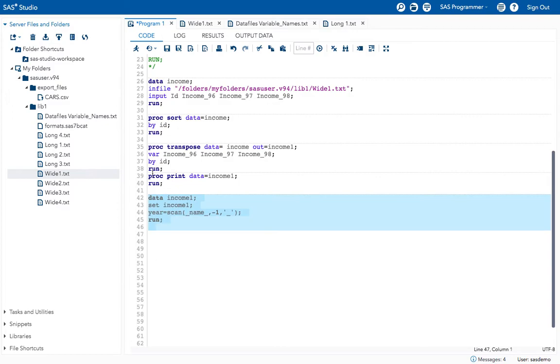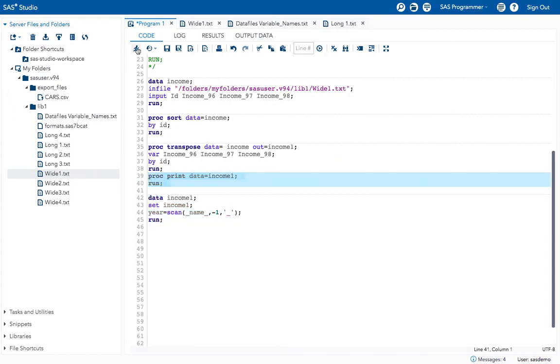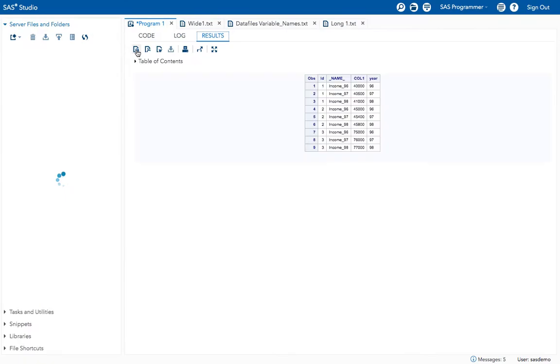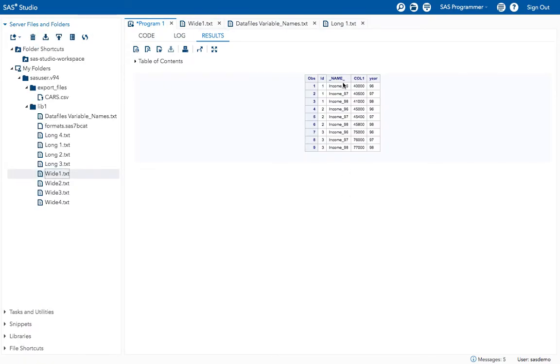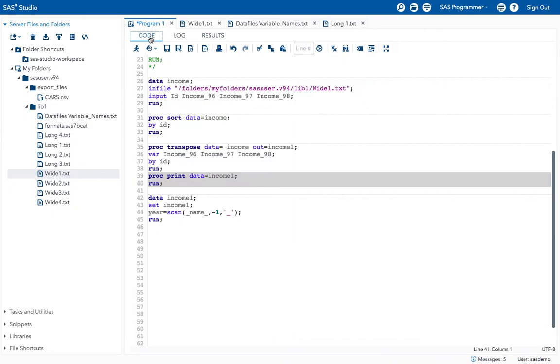Let me print this, it will be clear then. By using this scan function I have extracted these year values 96, 97 and so on into the year variable. I have created a new year variable, and if you want to drop this _NAME_ automatic variable, you can do that by using the drop option. We have seen how to use drop in the part 1 transpose class.